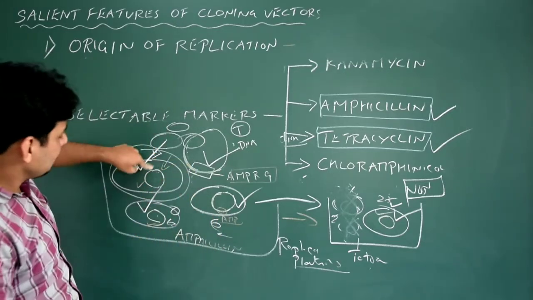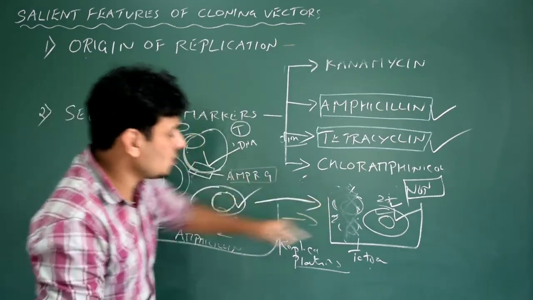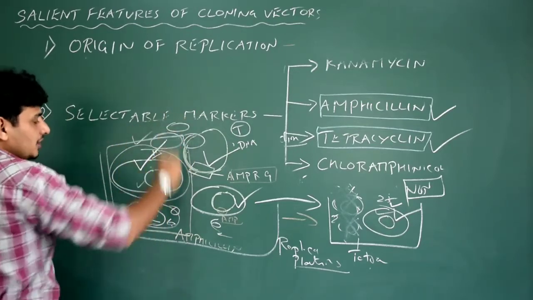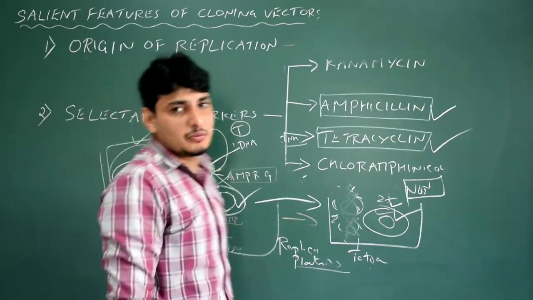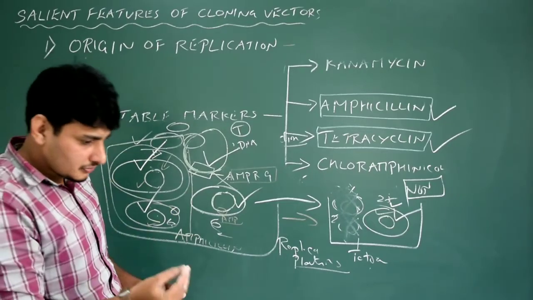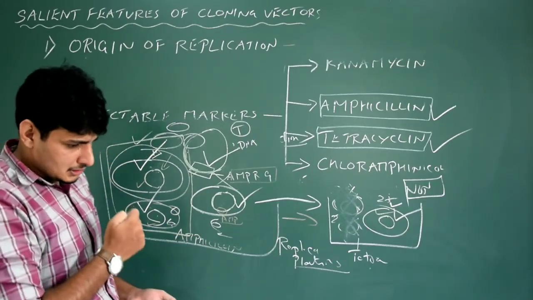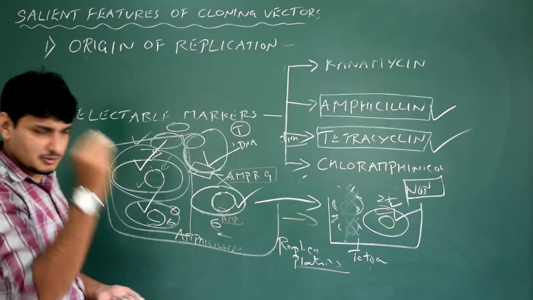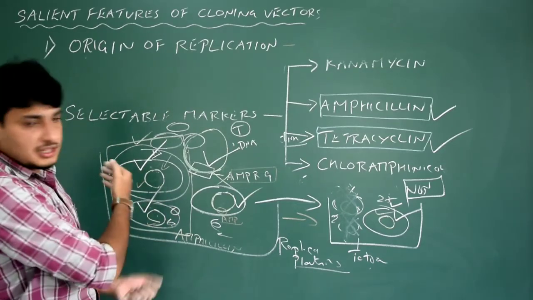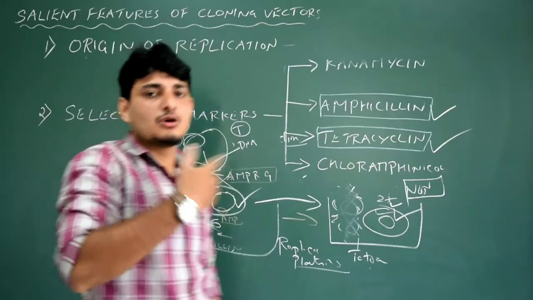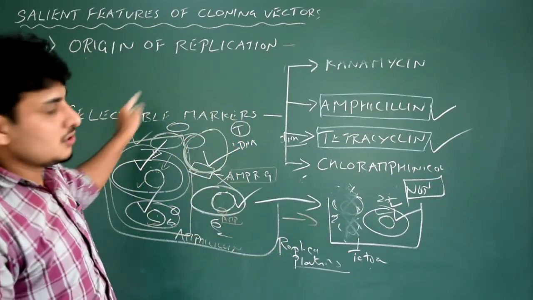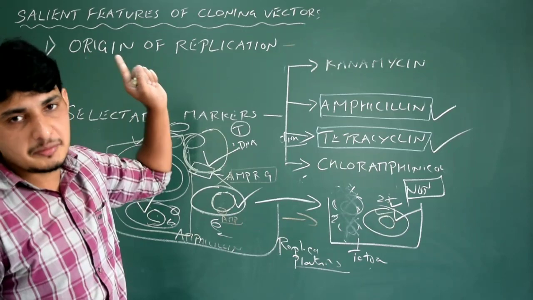So here are living colonies, and here are dead colonies. I can easily say that this particular portion of the Petri plate contains recombinants, and this particular portion is non-recombinant. So I will eliminate this and retain only this. I take a small spatula-like structure and remove this from the ampicillin plate, and then I go for the further procedure. That's it. Hope you understood this. This is actually about selectable markers, that is, the different types of antibiotic. That's it.